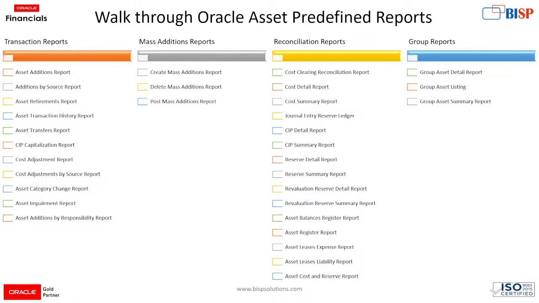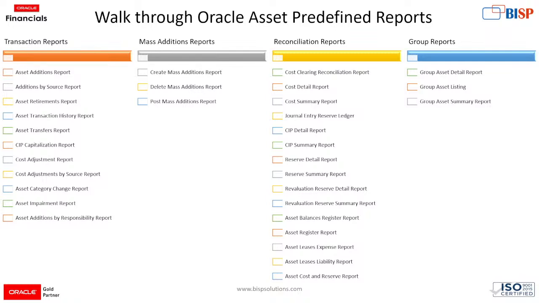It provides the list of cost account summary balances for a specific period. Journal entry reserve ledger, list of asset depreciation account for a specific period. And CIP detail report, it provides a list of asset level CIP cost account balances for the specific period,